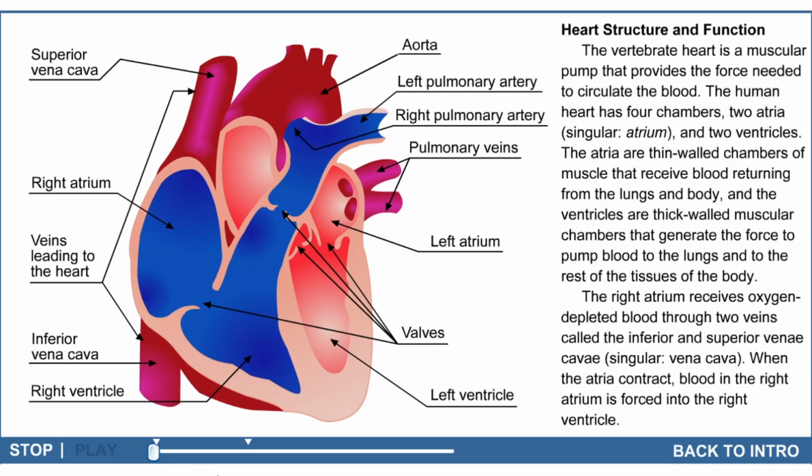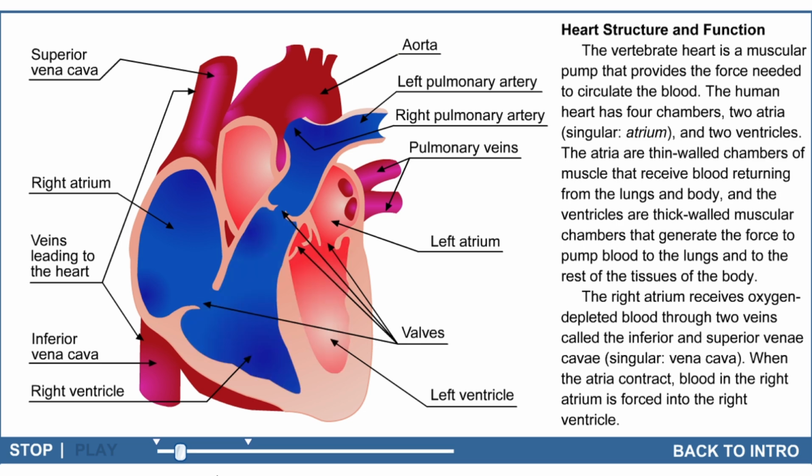The vertebrate heart is a muscular pump that provides the force needed to circulate the blood. The human heart has 4 chambers, 2 atria, singular atrium, and 2 ventricles. The atria are thin-walled chambers of muscle that receive blood returning from the lungs and body, and the ventricles are thick-walled muscular chambers that generate the force to pump blood to the lungs and the rest of the tissues of